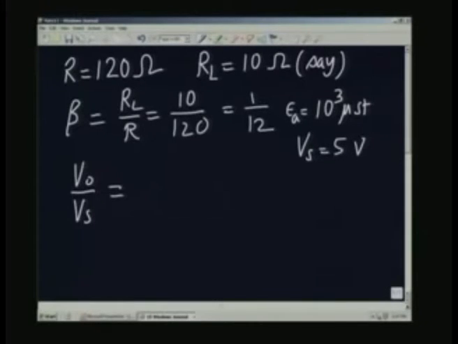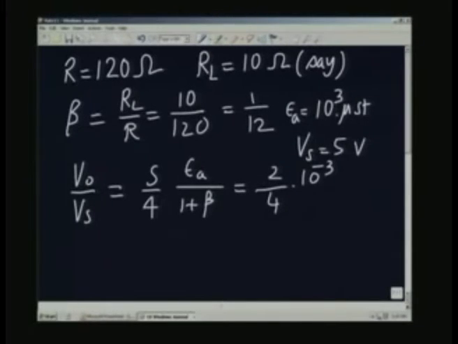I am taking the same example. So, V naught by V s now is going to become S by 4 multiplied by epsilon A divided by 1 plus beta, and this will be S is 2 by 4 into epsilon A is 10 to the power of minus 3, because 10 to the power of 3 and 10 to the power of minus 6, divided by 1 plus 1 over 12, and it comes to 0.462